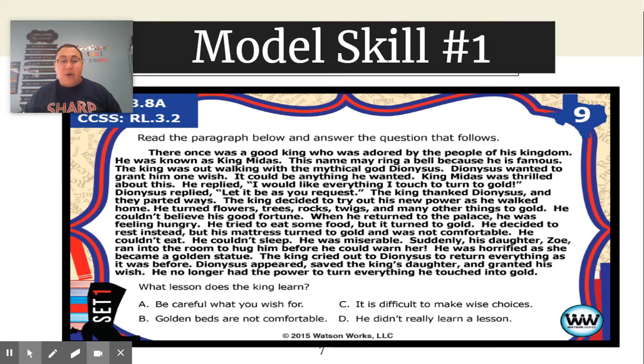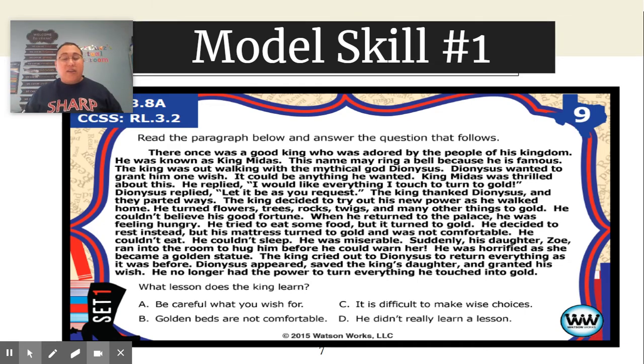Think about B. Golden beds are not comfortable. Is that really a lesson that I can learn in my life and use in my life? No. So B cannot be my right answer. C. It's difficult to make wise decisions. So they're saying it's difficult to make smart decisions. Well, yes, that's true. But did King Midas learn that? No, because it's all about him accidentally turning everything into gold and not being able to do things that he